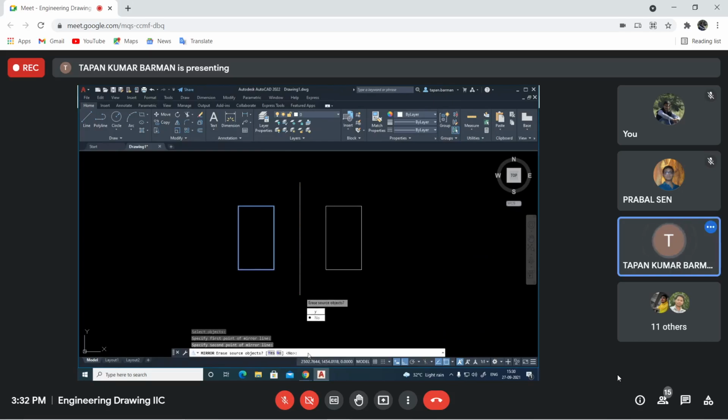I want to type Y. Erase source object, yes, but it is taking no. Why? It is not taking the option.